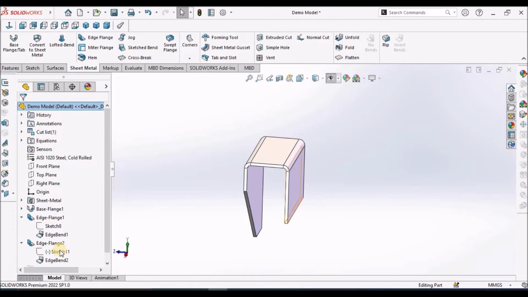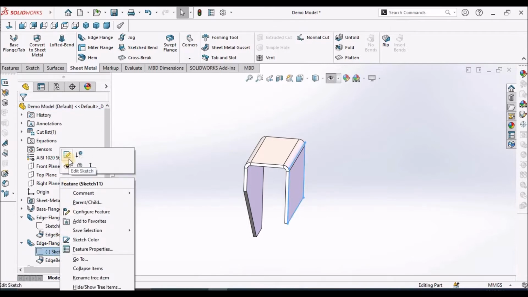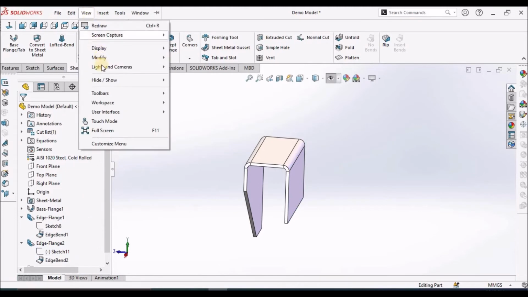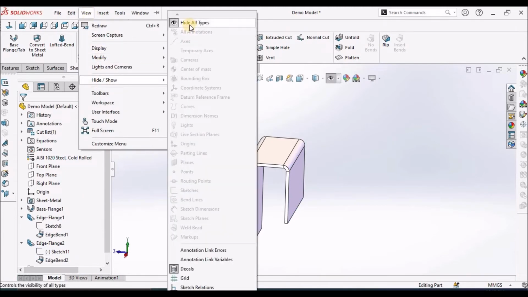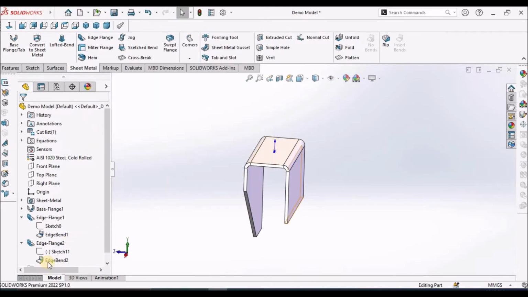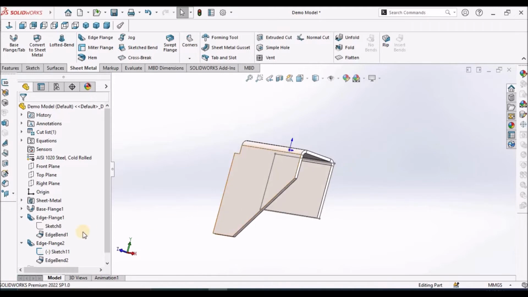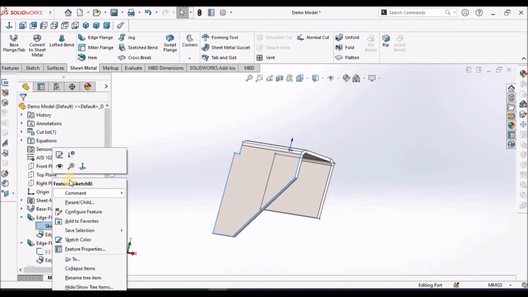Now we have to edit this sketch. Before that, we have to show all these entities and we have to show the sketch. This sketch is visible, so we have to show this sketch also,